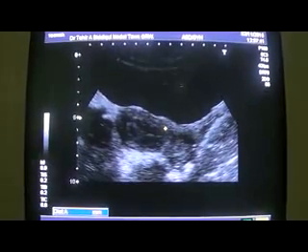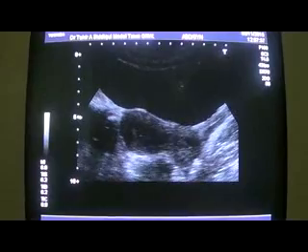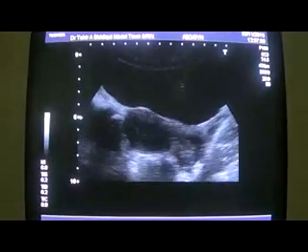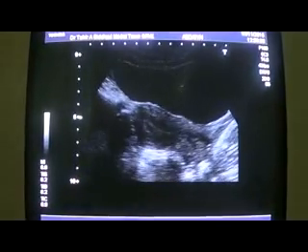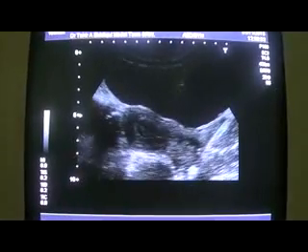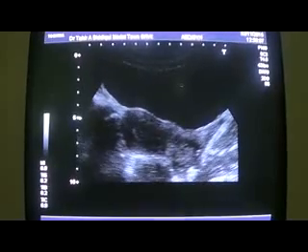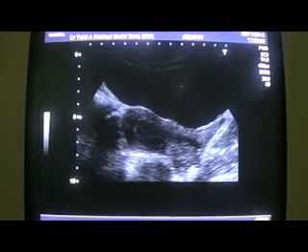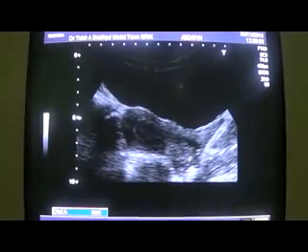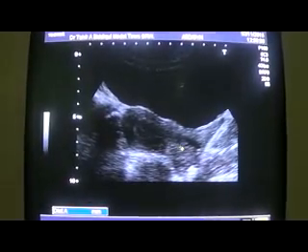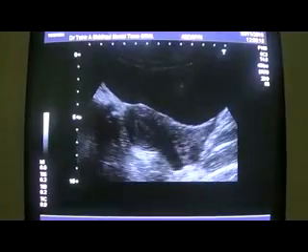Must do it. Otherwise, if I just move the probe a bit anteriorly, we will get an impression that this echogenic area is a fibroid, which it is not.